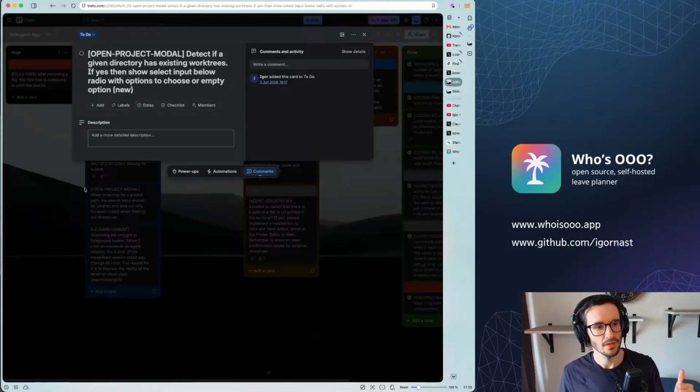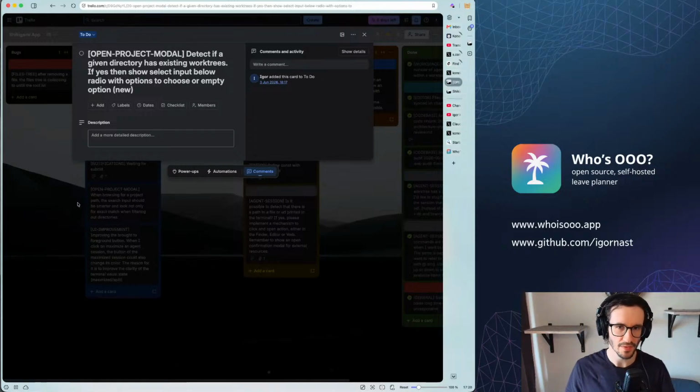So that issue is about an issue ticket. It depends on the naming convention that you use. Whenever I say issue, it doesn't always mean that this is a bug. It's just a task ticket that we can work on. That one could be useful because whenever you start a work tree session and then close the application, at the moment, unfortunately, there is no way to go back to this session unless you suspend it.